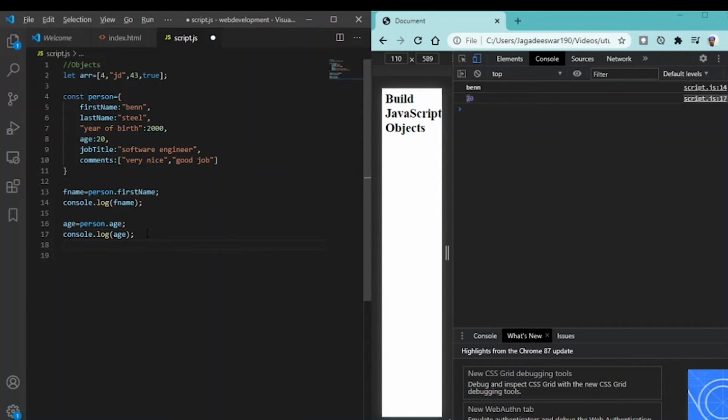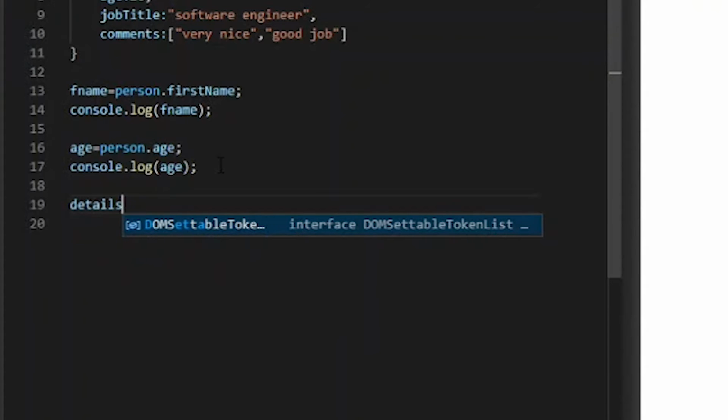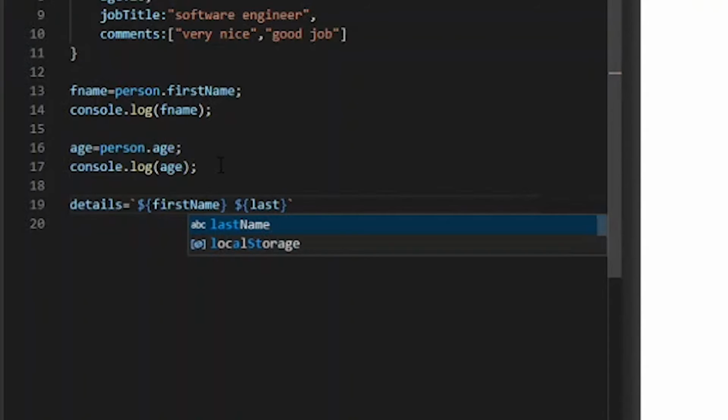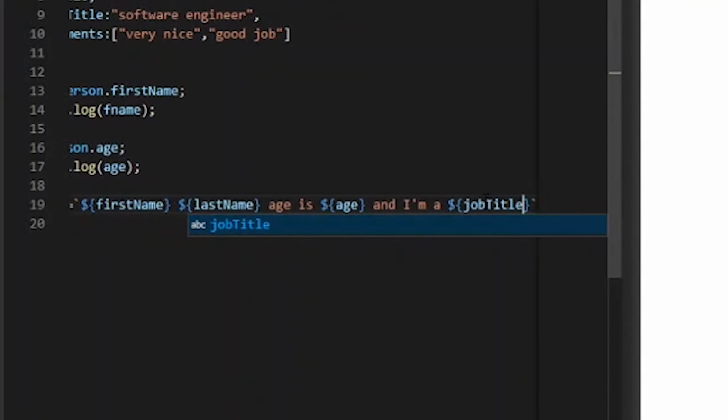You can also write a new variable called details equal to, and store the value: first name is, last name, age is, and job title.